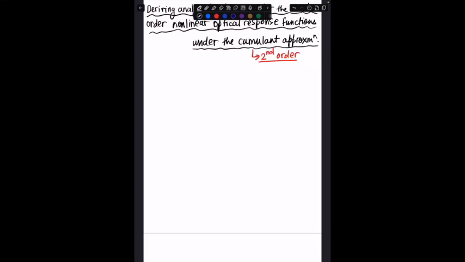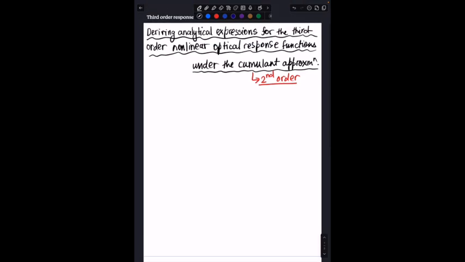Okay, so hello everyone, I'm Sachin, and today we'll be continuing our studies on deriving the analytical expressions for the third order nonlinear optical response functions under the second order cumulative approximation or expansion framework. In the previous lecture, we used the second order cumulative approximation framework to derive the complete analytical expression for the first order linear response function,